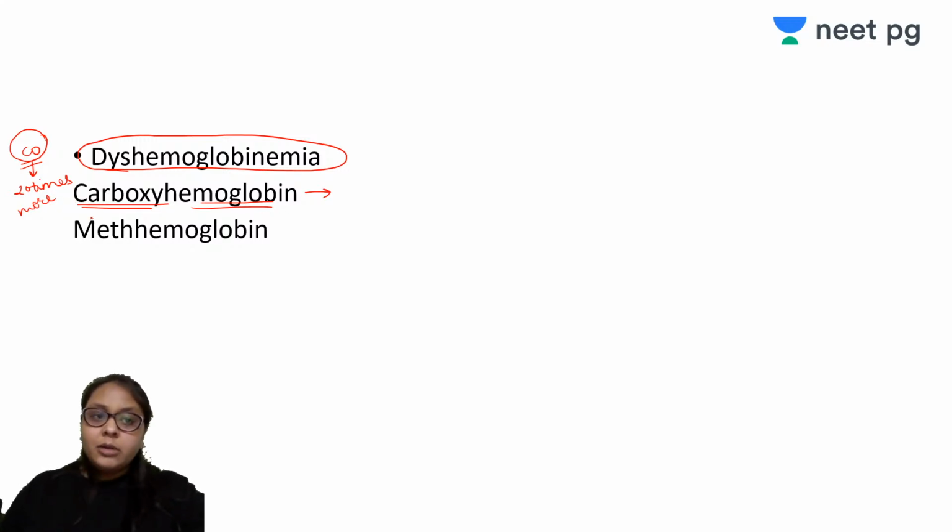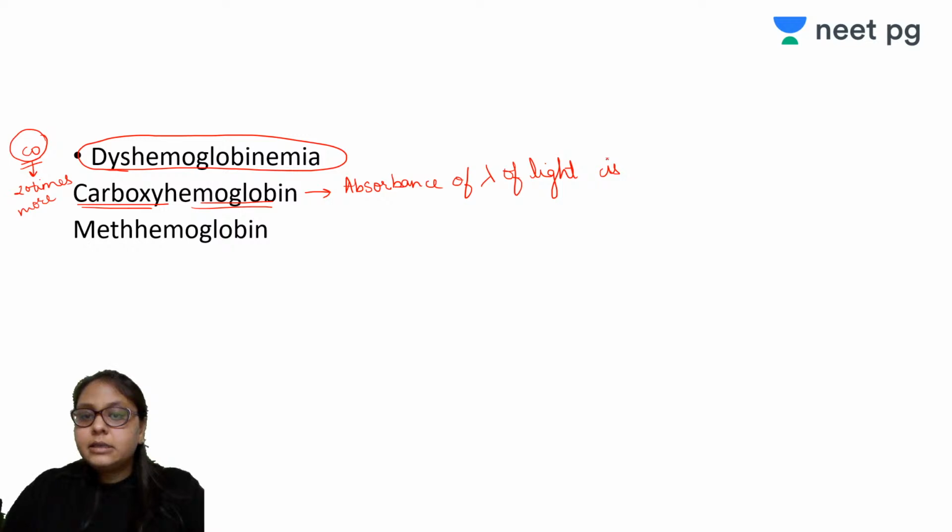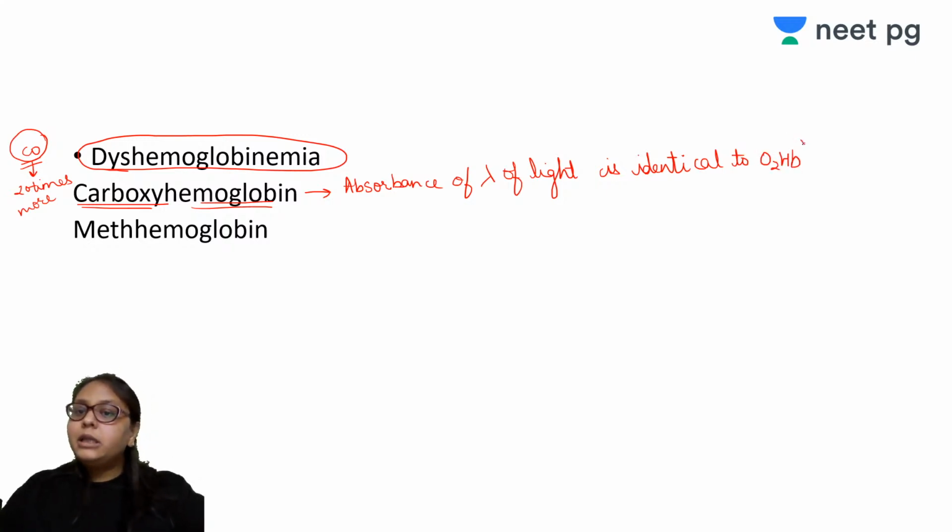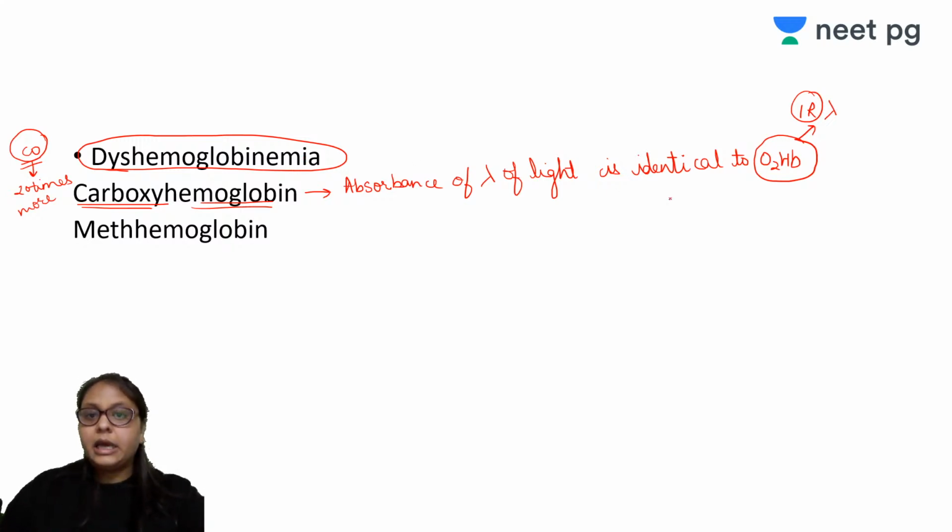मगर जो कार्बोक्सी हीमोग्लोबिन है, उसका द एब्जॉर्बेंस of wavelength of light is identical to ऑक्सीहीमोग्लोबिन। मतलब हमने देखा था कि ऑक्सीहीमोग्लोबिन किसको ज्यादा एब्जॉर्ब कर रहा था, इंफ्रारेड वाली वेवलेंथ को। कार्बोक्सी हीमोग्लोबिन भी इंफ्रारेड वाली वेवलेंथ को ज्यादा एब्जॉर्ब करता है, देयरफॉर इट गिव्स फॉल्सली हाई वैल्यू।